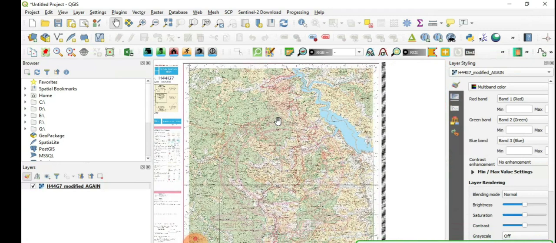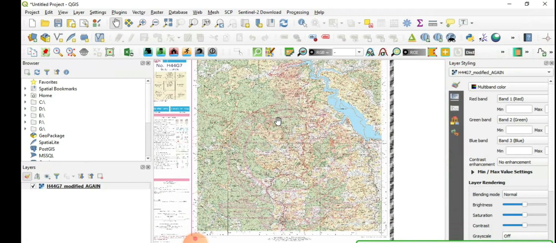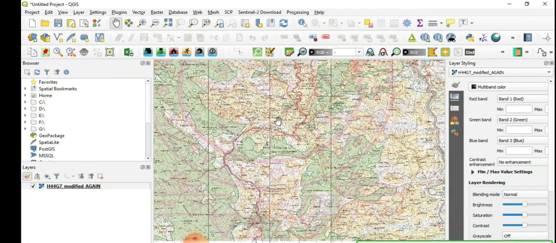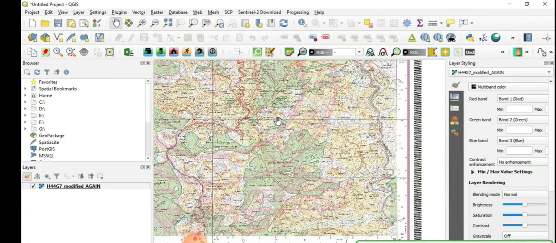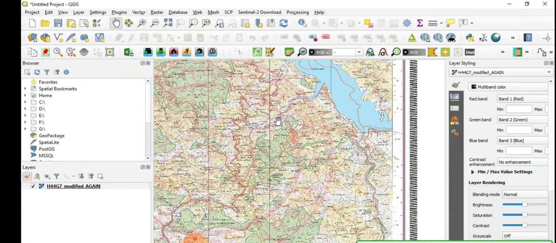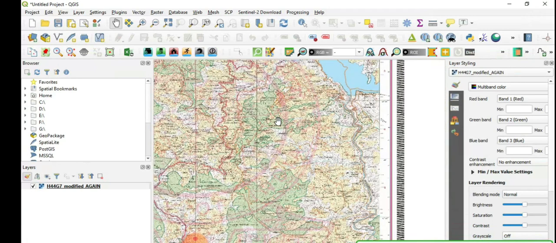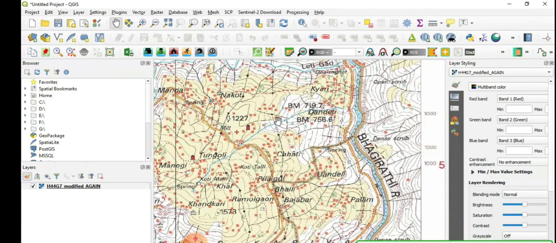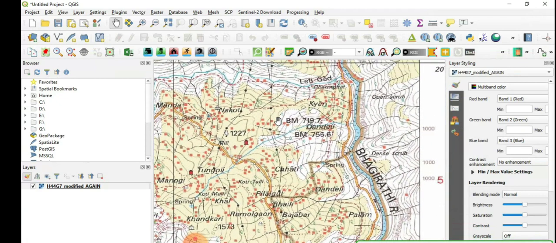So now we are ready for digitization. That means now we can create vector data on top of this image. So vector data, I told you in the morning, it is of 3 types: points, lines, and polygons. So what I will do is I will zoom into this block of the topo sheet, and just let us identify some line features.